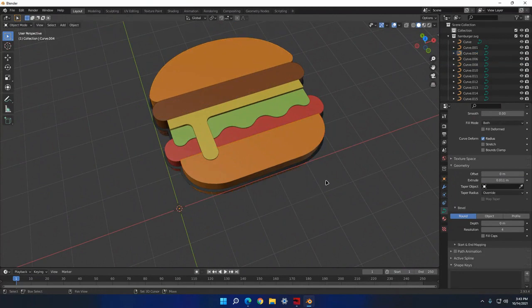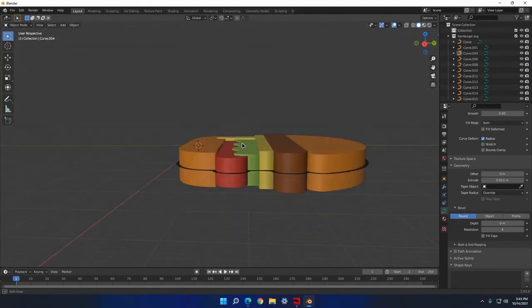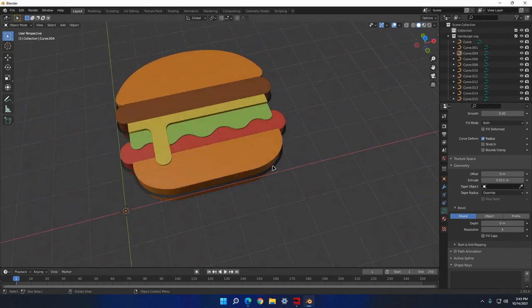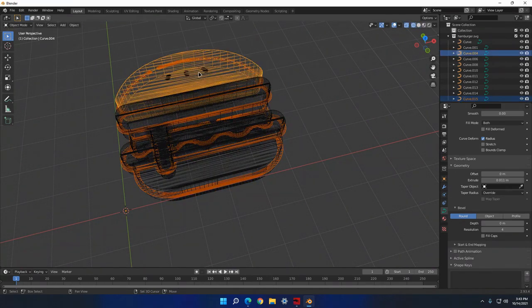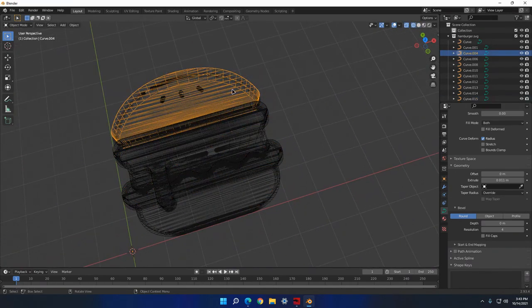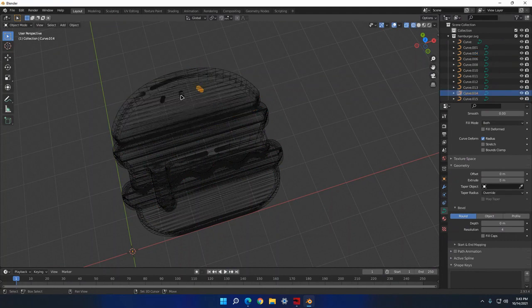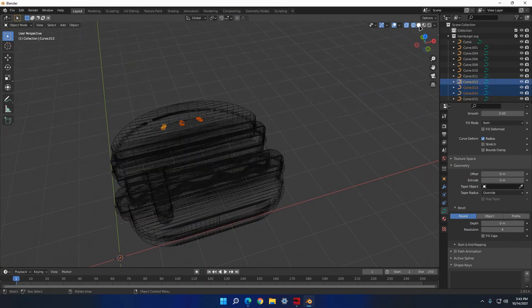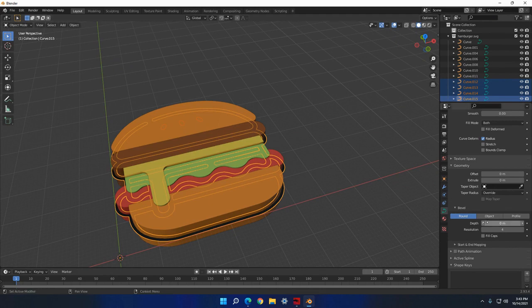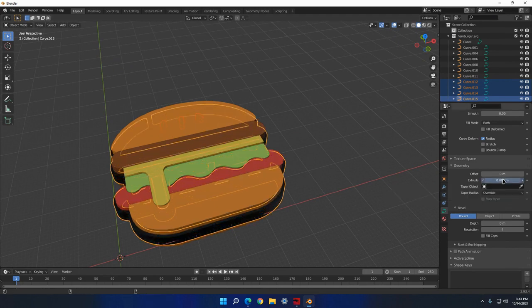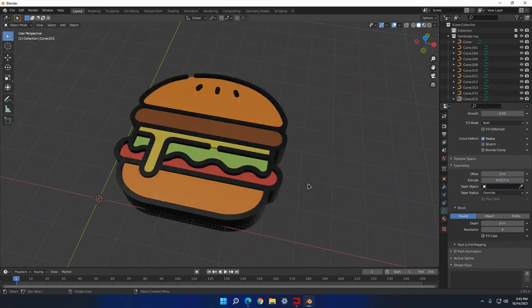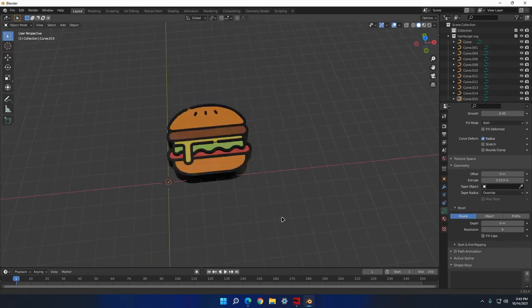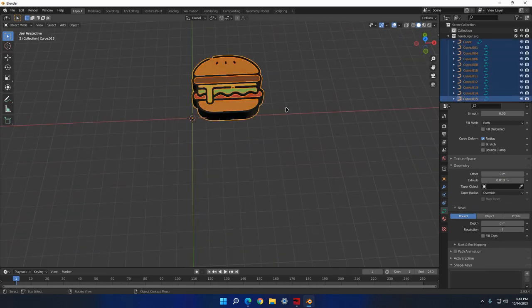So now I just have to scale the outline. So for that, you just want to select the outline, and then go into X-ray mode, and then select the seeds. It might take a few tries. And you just want to go to extrude, and make sure you're holding down Alt so it moves all of them at the same time. And there we go. Basically the hamburger, the shape is basically done now,